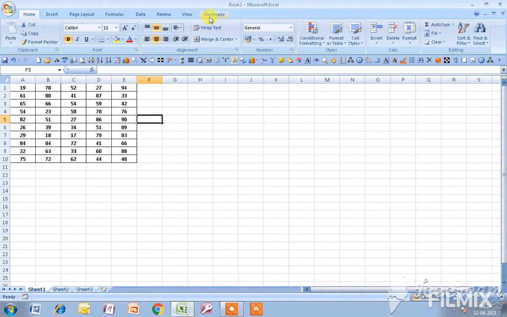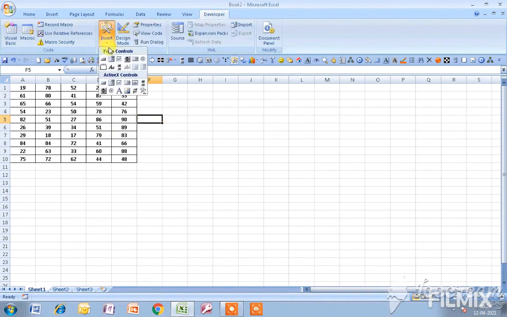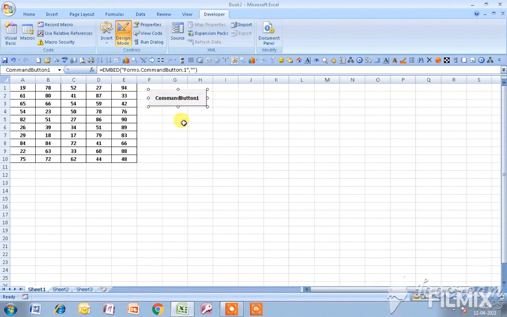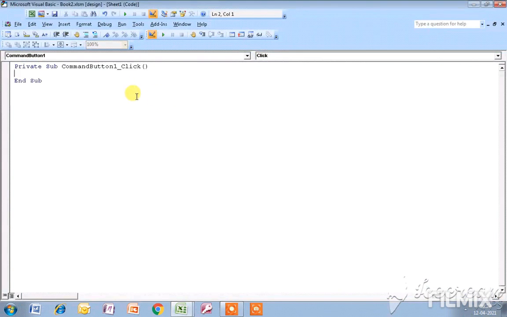To do this I have to go to the developer tab and insert, and from here I have to go to ActiveX control, and from here I will draw a command button. Okay, I draw a command button and I have to double click on it, and first of all I have to declare some variables, that is Dim cell As Range, Dim RNG As Range,